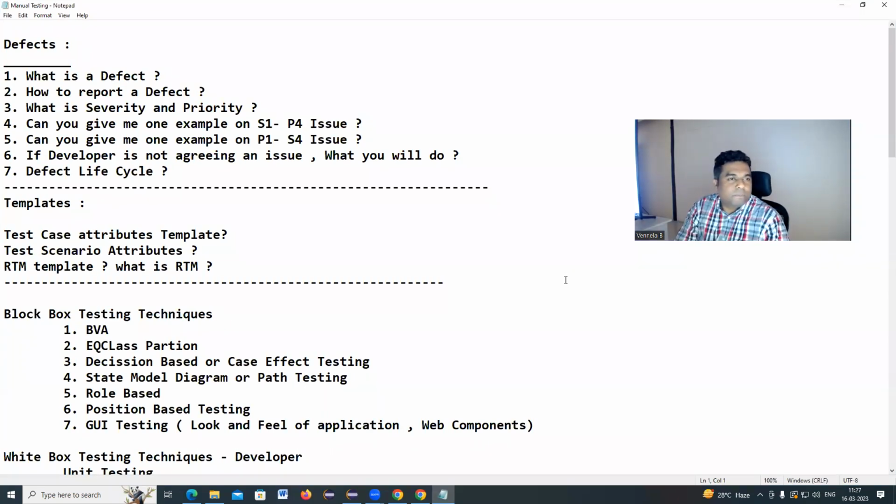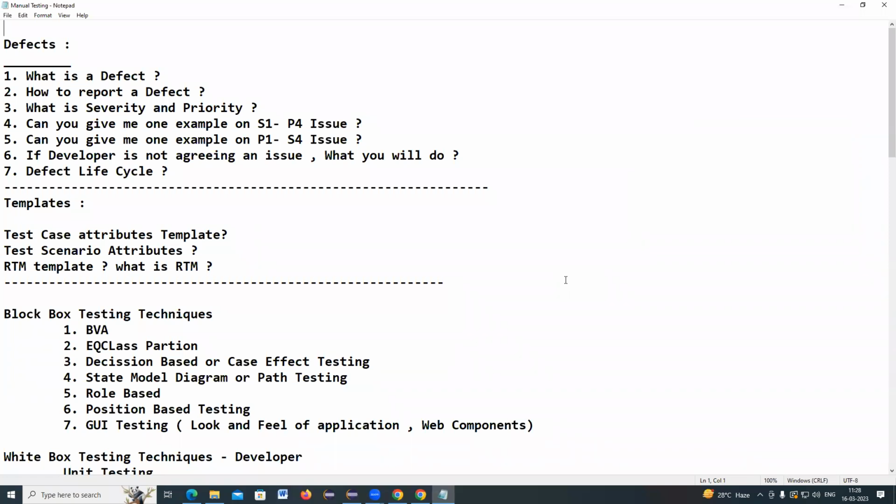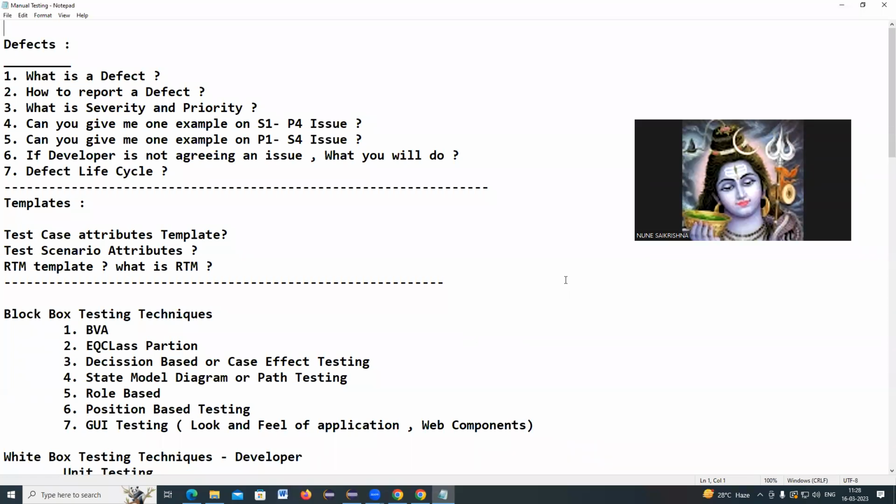So what is a defect? Can anybody tell from online? When the actual result differs from the expected result, then it is